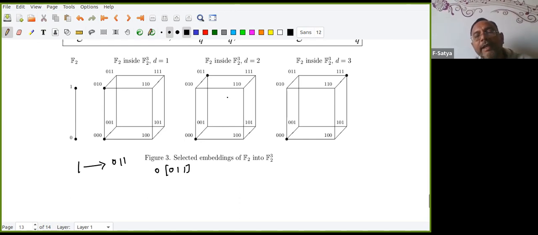Right, the distance is increased, but k and n are fixed. Can I improve further? Yes. What is that? I'll take now 1 mapped to 1, 1, 1. So I hope this example will help you understand that with the same k and n, the basis vectors matter. The problem lies in choosing the basis vectors. The basis vector which we choose is changing the entire thing. I have to choose a subspace in F2 power 3.